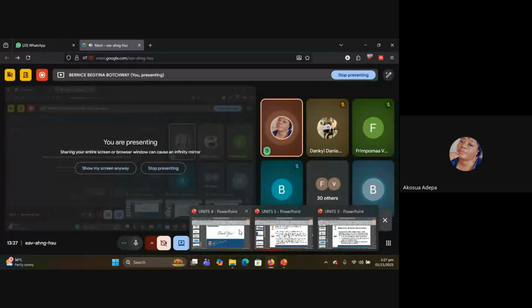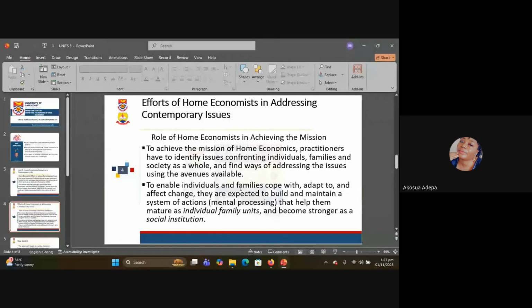Okay, last person, Madam Akosia Depa, then we move on. Madam, mine is a bit of a question. My sister mentioned low self-esteem. Can we rather say inferiority complex? Is that what you're trying to say, madam? Instead of saying low self-esteem, can we say inferiority complex? Do you think inferiority complex is not related to low self-esteem?